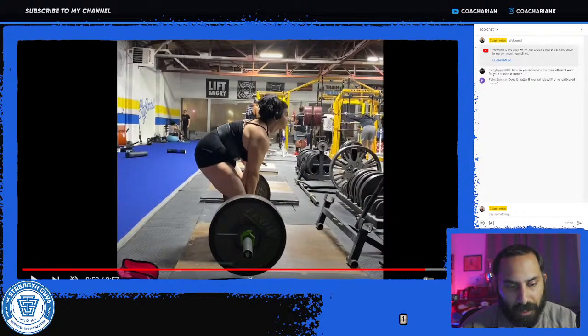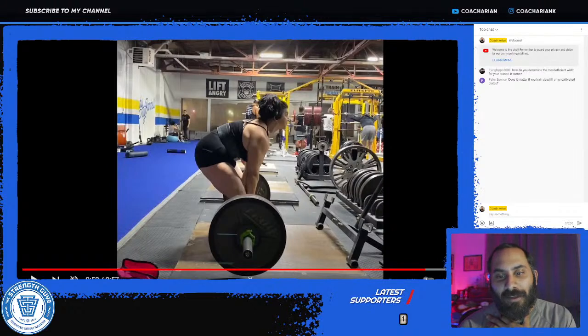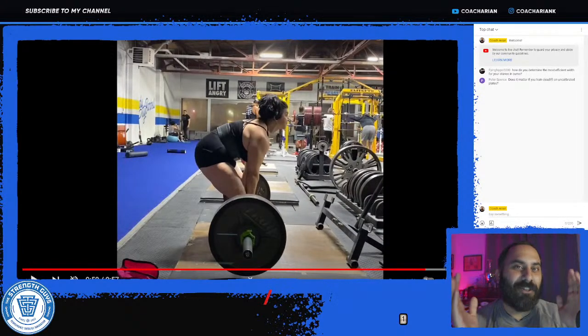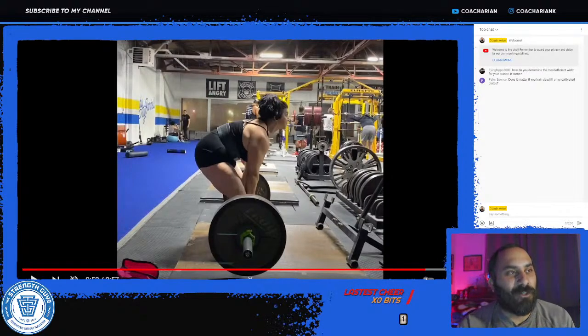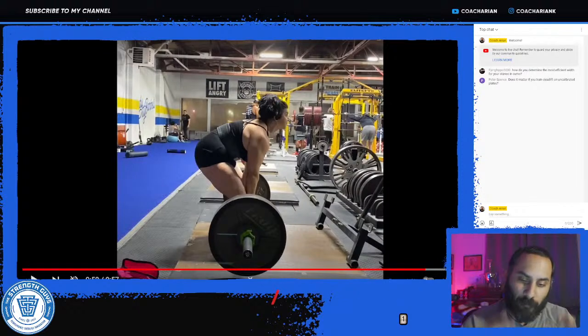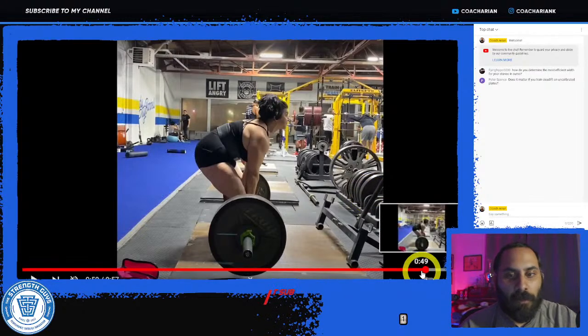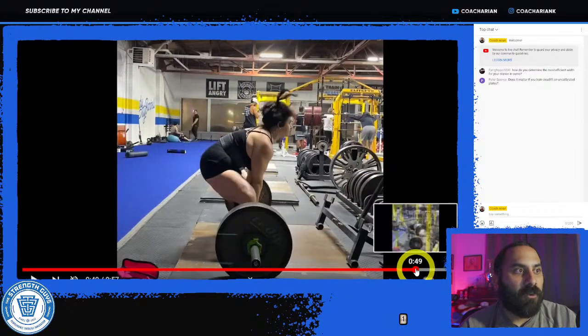So I guess I can maybe connect this a little bit to what Flying Hippo 5000 said, as far as how do you determine the most efficient width for your stance in sumo. I do not have an exact answer for that, of saying, okay, here's your step-by-step guide to determining the most efficient width, and then you run this calculation, and then you mark on the ground with chalk, and that is your stance. It's going to take some trial and error. And so the way I'm connecting it to this is that if we look at the position here of when the bar starts to break the ground,